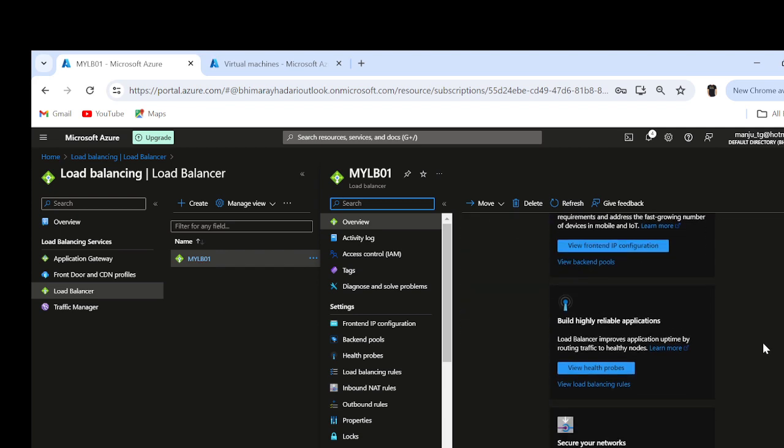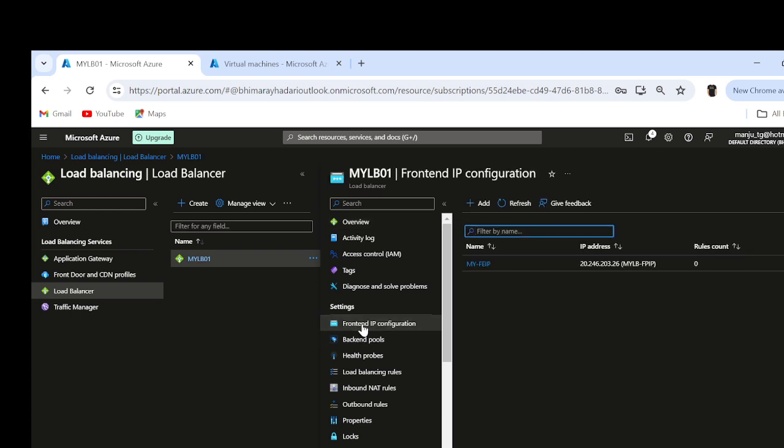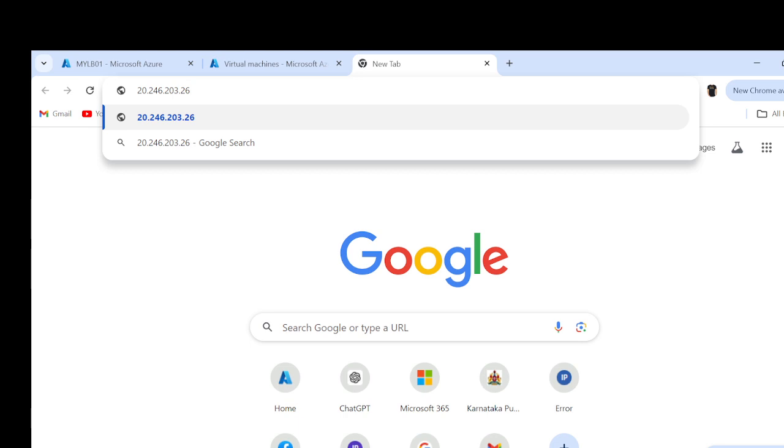Okay, so if you go to your front end IP configuration, you can see this is your front end IP: 20.246.203.26. When you are browsing the application, you need to use this IP only. Copy this IP address. See here, if you go to the portal, I mean the browser, if you browse,